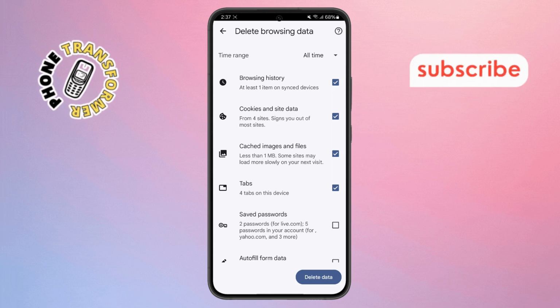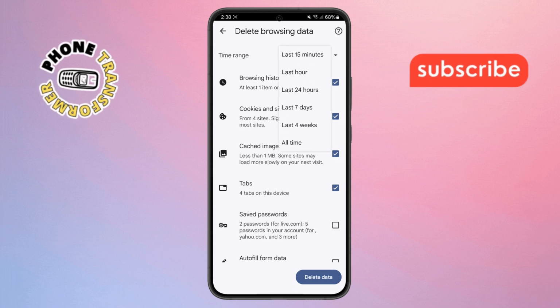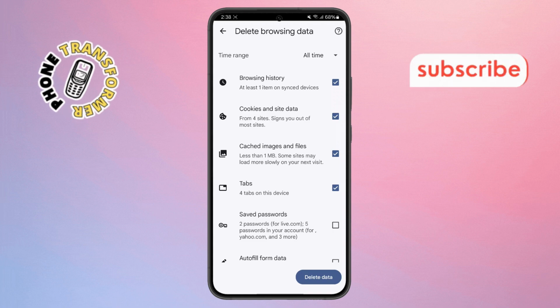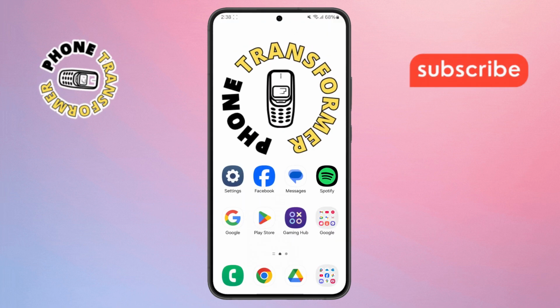Step 5. After that, look for the option that says Time Range. Tap on it and select All Time to make sure all your recent tabs and browsing activity are removed. Finally, hit the button that says Delete Data, and just like that, boom, Chrome will delete your recent tabs on